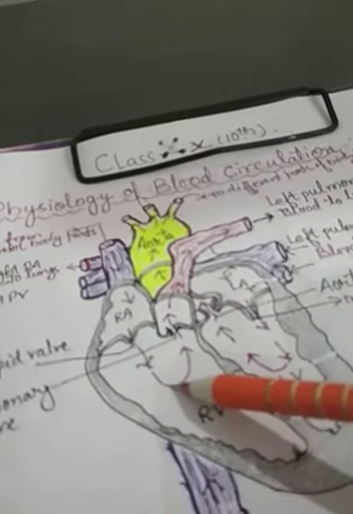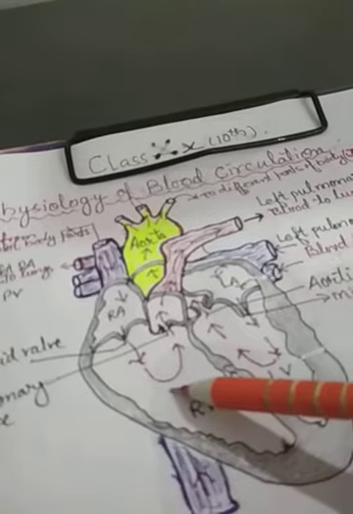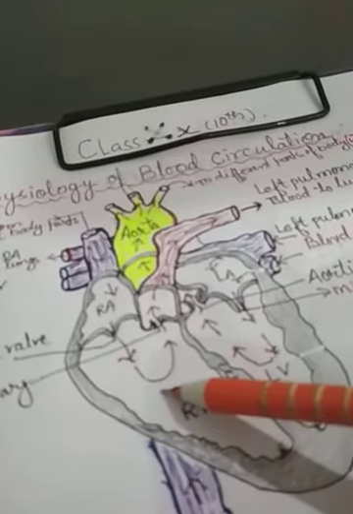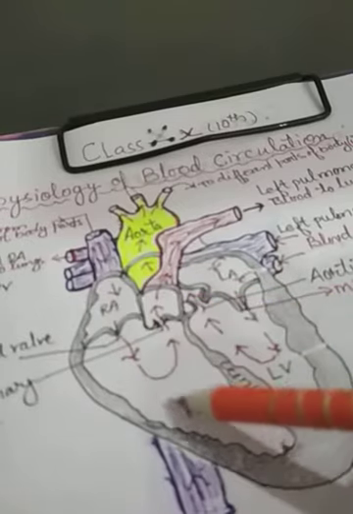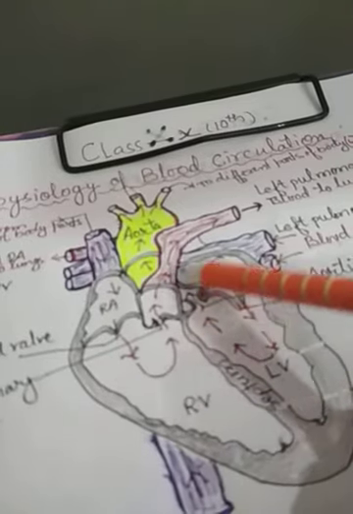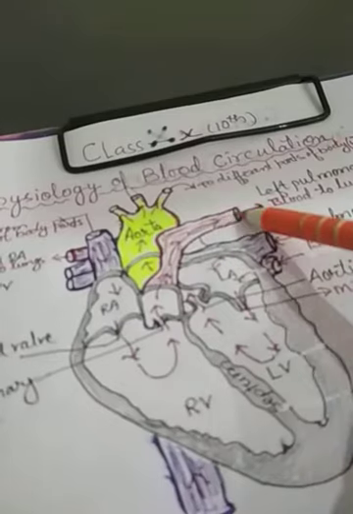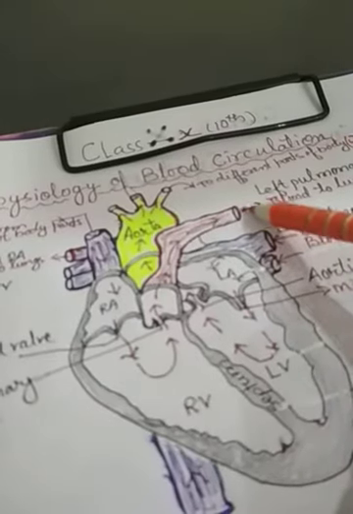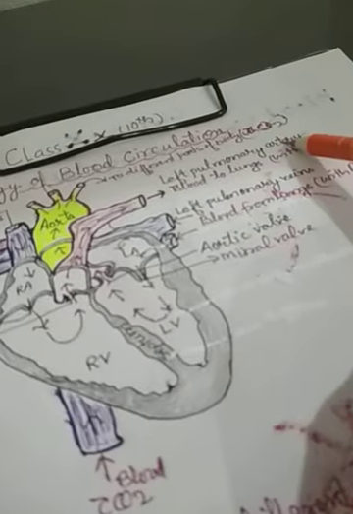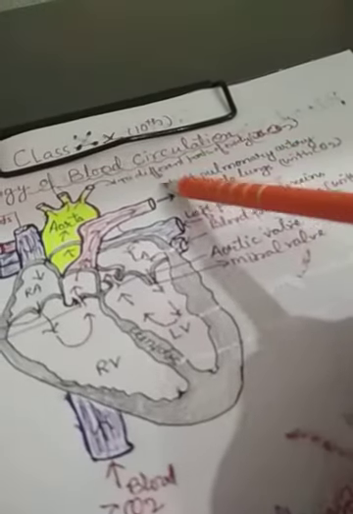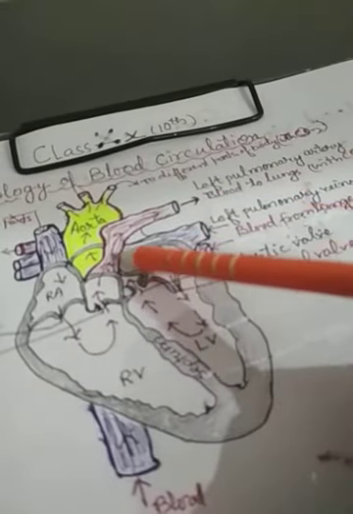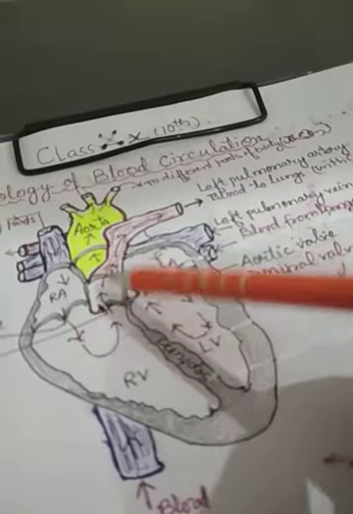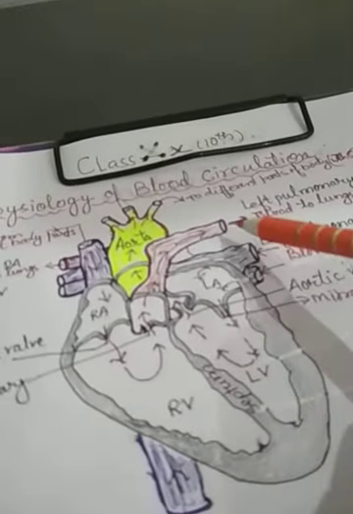The blood coming from the different parts of the body is carrying carbon dioxide, and that blood comes inside the right atrium, right ventricle, then goes to the right and left lungs via the right and left pulmonary arteries. These are arteries, not veins. So this is the opposite thing, and this is an exception, that these arteries carry deoxygenated blood from the heart to the lungs. Is it clear?